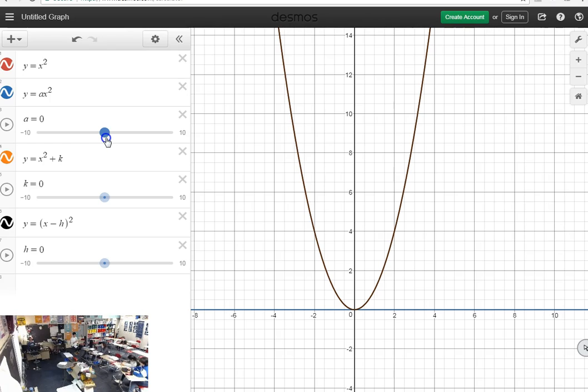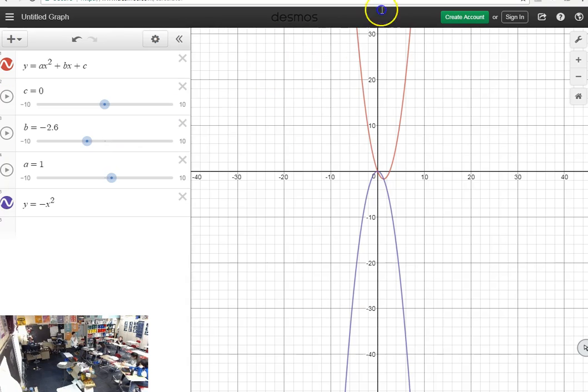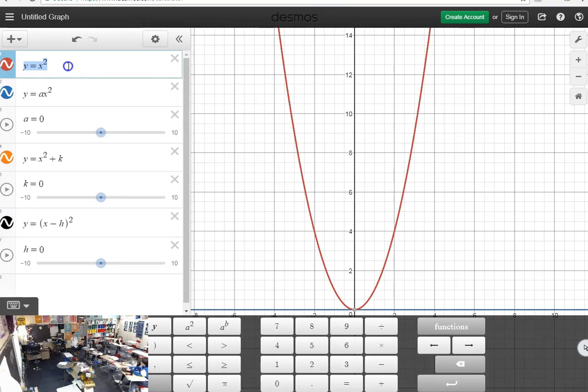We want easy rules, right? Like, when B is 7, do that. So really, I would just cut that out of the bag. We don't want to use this for our quadratic. We want to start with the parent function and look at every modification we can do to that.